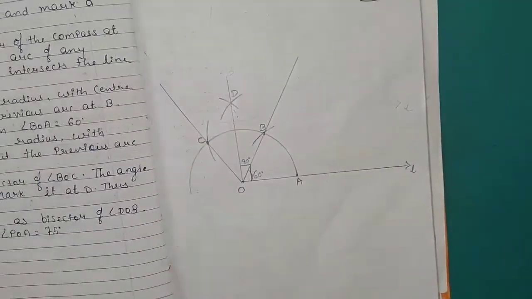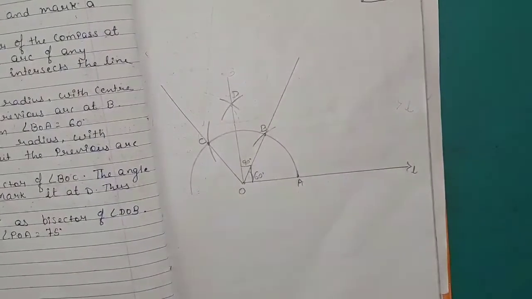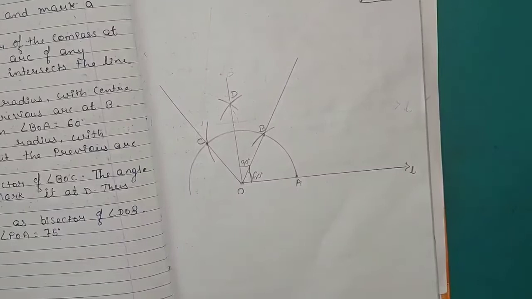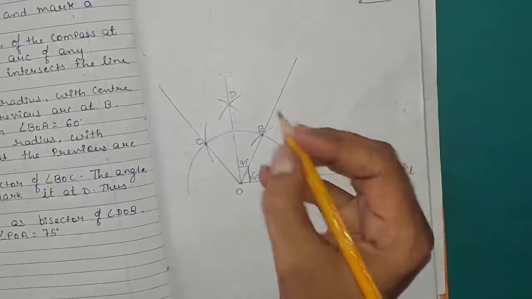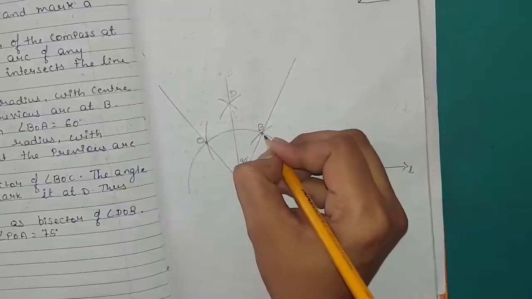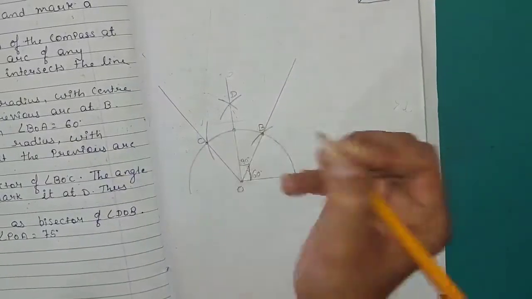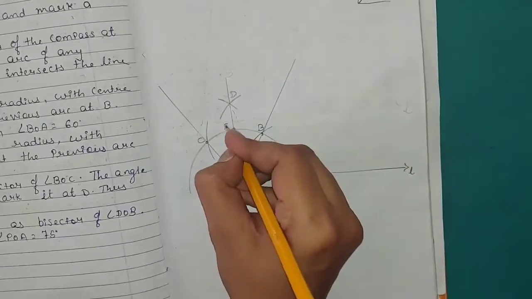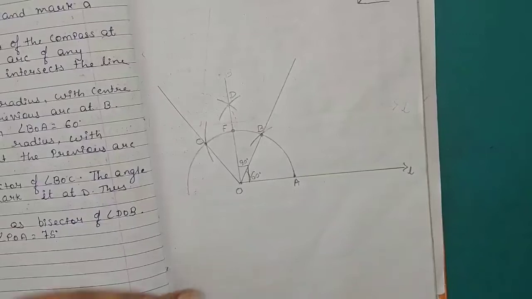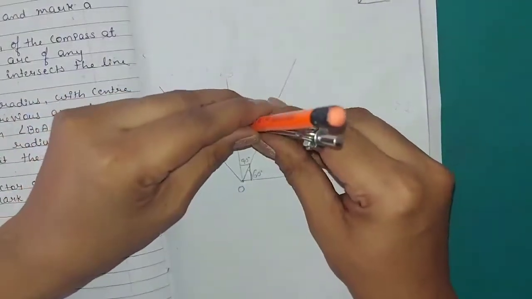So, students, here we will draw the bisector of which two angles do we have to take? We have to take the bisector of DOB. Means, students, we will take the bisector of this and this point, that is angle DOB. Let us name this as F. So, students, now we have to take the distance of BF.